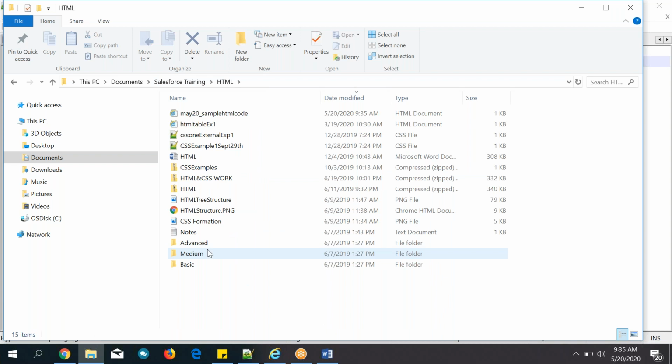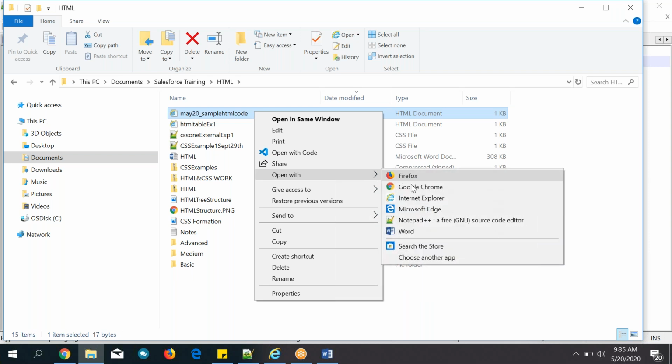Where is HTML folder? So where is May 20? So this is my HTML file which I have saved. What is the type here? HTML document. So open with Chrome. Let me open with Chrome. Okay, so you can see this path, something may20.html, in my folder it is storing. So here this is the output. Here you have not seen anything, right? Here nothing is there. Okay, nothing is there. So let's see here.